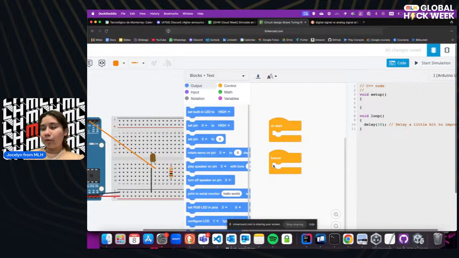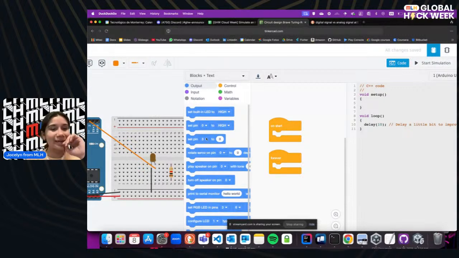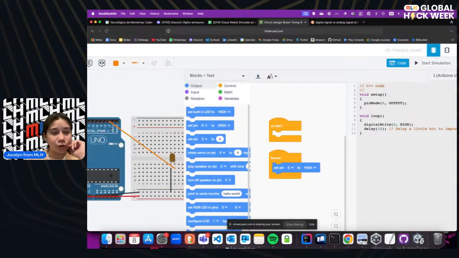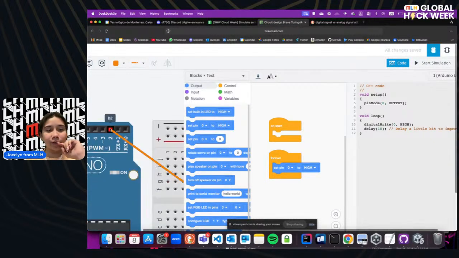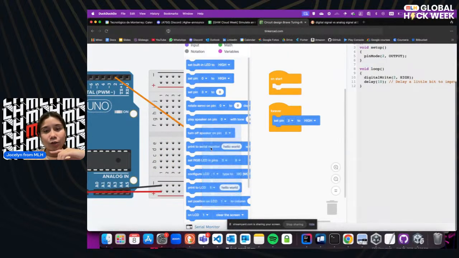So we will keep the forever loop, and instead of doing that, I'm actually figuring this out right now. Like I don't know how to use this. I'm just learning this as well. I think it's a set pin 0, which in this case it's not 0, it's pin 2. Why? Because I selected pin 2. But in case that you selected a different pin over here, change it into the one that you selected. So set pin 2 high, and then